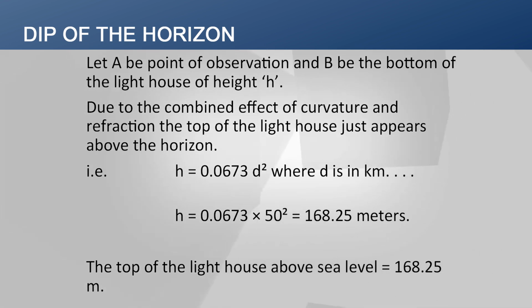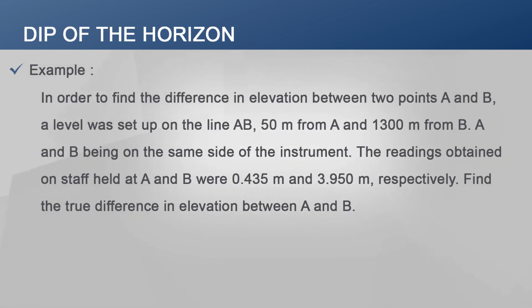0.0673 into d square, where d is in kilometer. Therefore, h will be equal to 0.0673 multiplied by 50 square, which will result in 168.25 meters. Therefore, the top of the lighthouse above the sea level will be 168.25 meter. Moving on to the next example, here we have to find out the difference